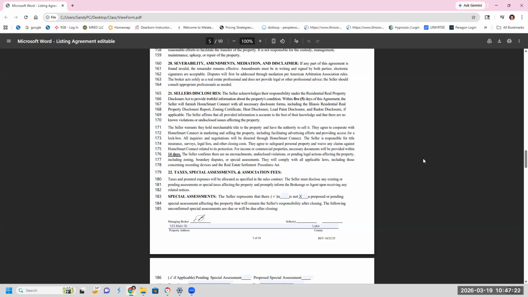So let's say you're on the 20th floor of a condo building, you still need a flood disclosure because maybe the parking lot has flooded on occasion. Or even if it hasn't, you still need the flood disclosure to tell the prospective tenant that it has never flooded. Now, that first flood disclosure that's filled out by the seller when you list the property has to be given to the tenant prior to them signing the lease.